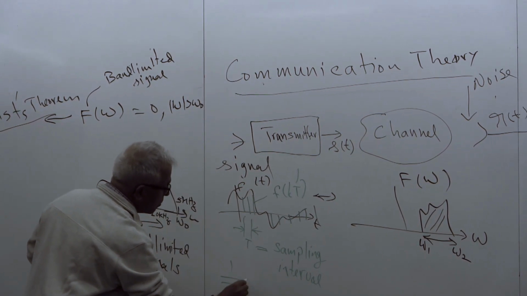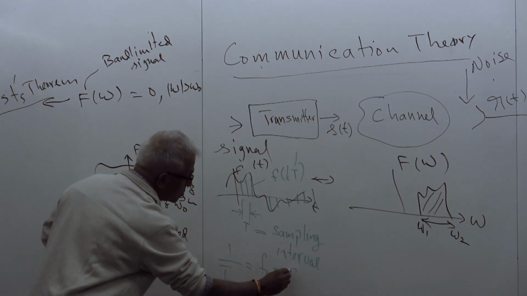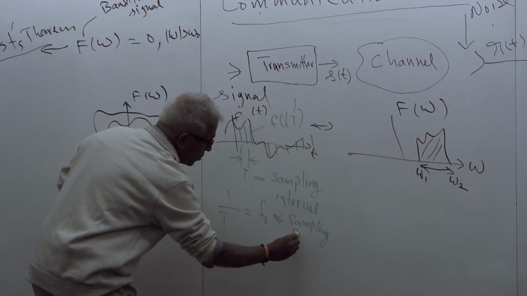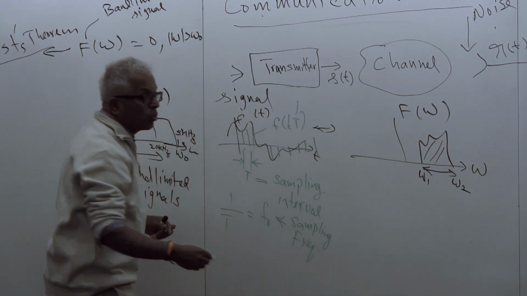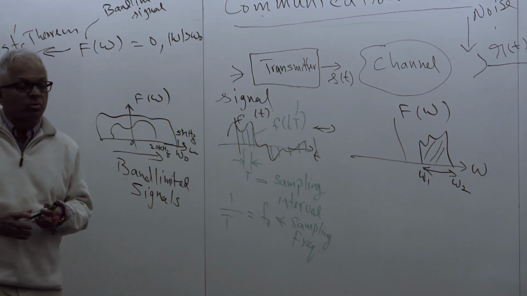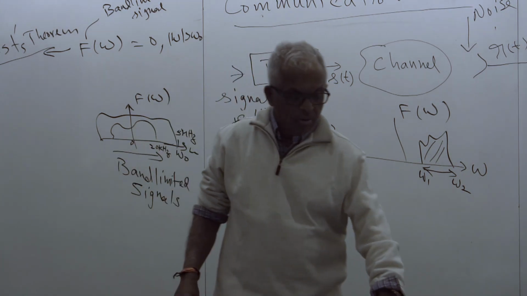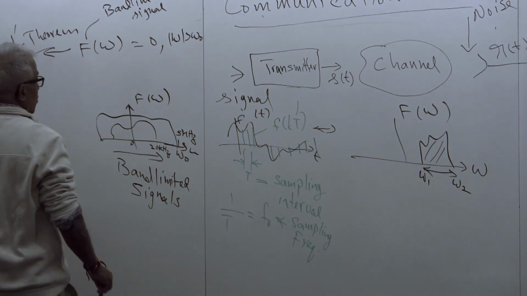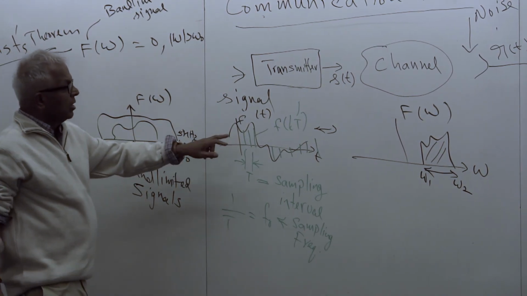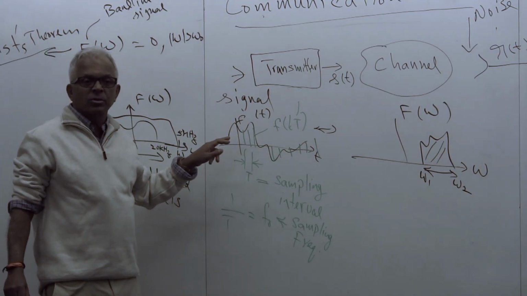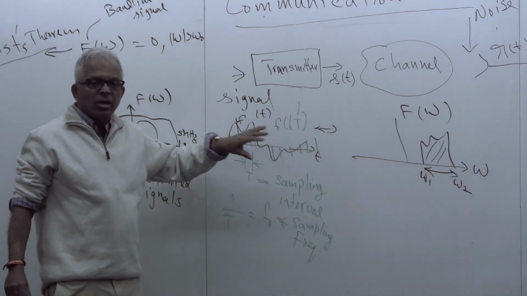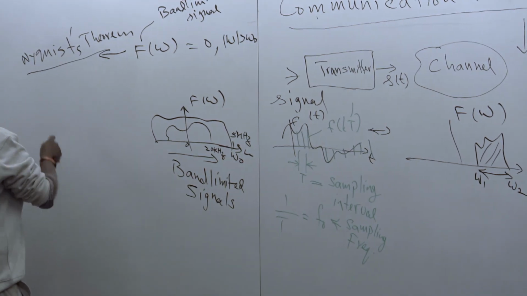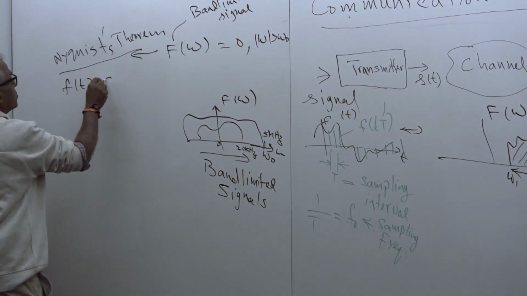One over T is the sampling frequency. I'm just saying some results qualitatively today. All this we will prove later as we go along. So what is Nyquist theorem? Nyquist figured out that for band limited signals, you can just get away with samples. You don't need the continuous information. Continuous information is as good as the samples. f(t) can be recovered from